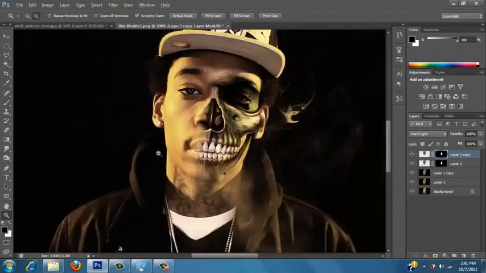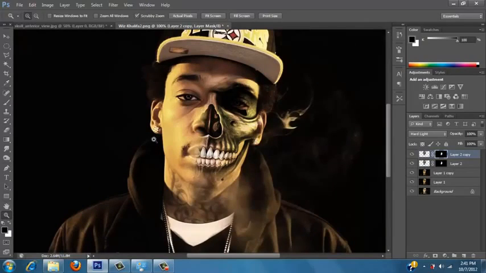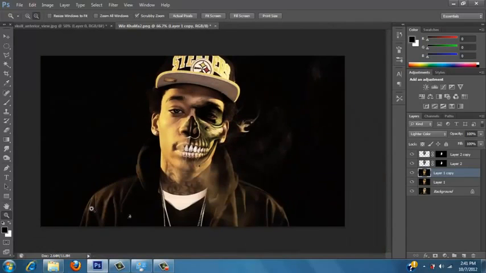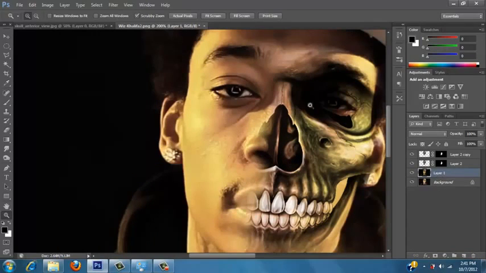Alright, so let me zoom out. That's looking pretty good. So now to make this even more creepy, we could go back to our layer 1 copy, and then I want to alter the eyes a little bit. Actually, you know what? You could delete layer 1 copy. Okay, then for our layer 1,